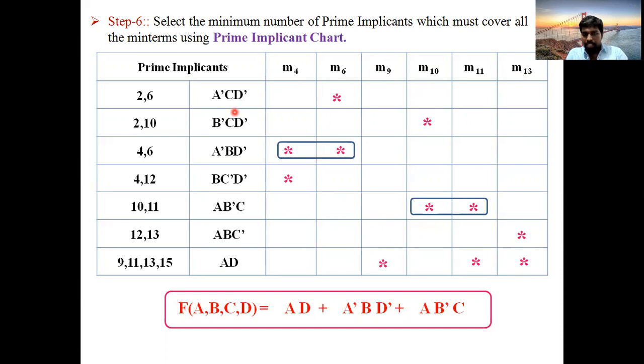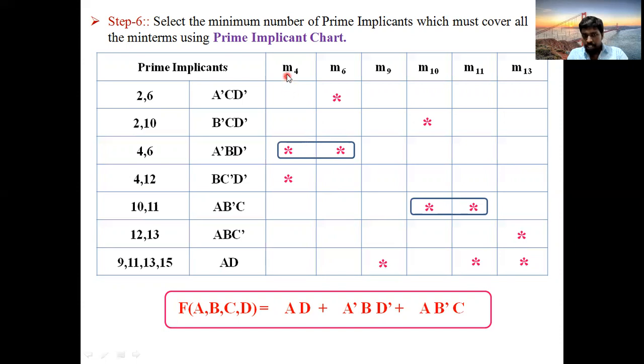In total we have 6 steps. Up to the 5th step, the concept is the same for the previous model and this question, but a small difference will occur in the last step. What is that? You should not involve the don't care columns in this prime implicant chart. Please be careful here. If you find a common term between 2 or more columns, please give preference to this particular term. Why? Because instead of writing these two as your answer, if you select this one, it will help us reduce the number of terms.